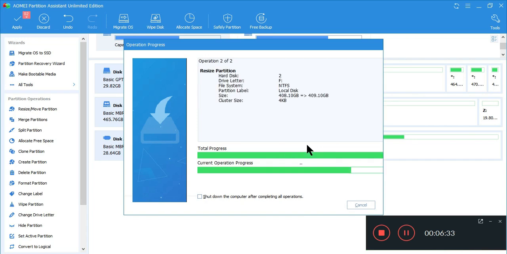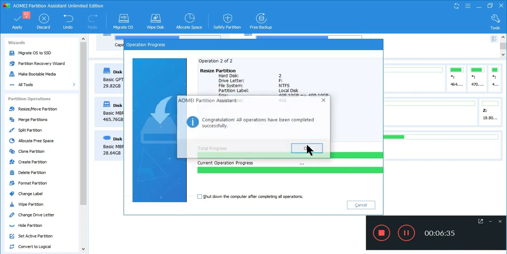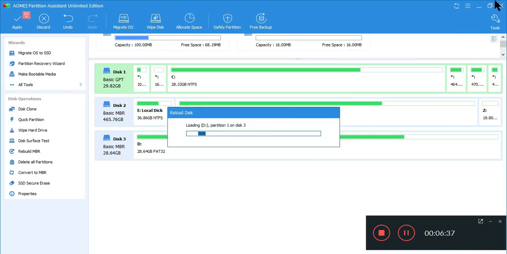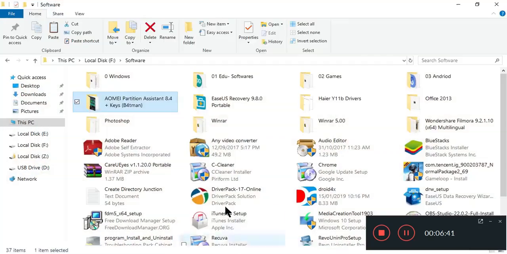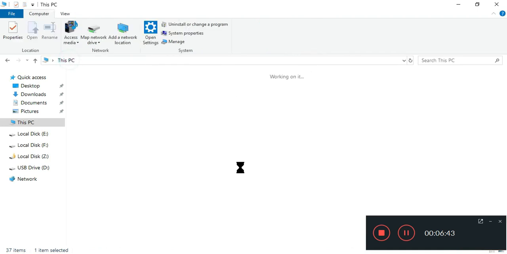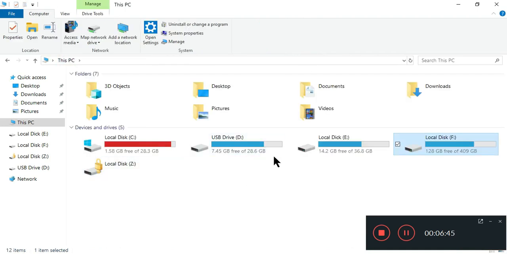It will take some time, and now congratulations, we have done this. Now I will show you that my F hard disk increased by 1 GB and the disk that I created is removed from here. It is very simple to do this with software.